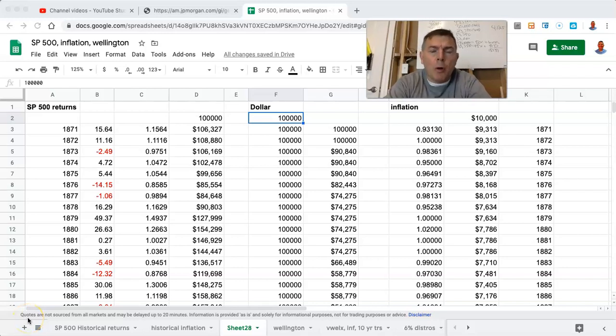5% withdrawal rates during a deflationary time. Deflationary. Is that right? We're going to look at two cases: 1871 through 1900, and then the Great Depression from 1927 to 1956. Either way, we've got two 30-year samples of a depression, a deflationary time, and what happened if you withdrew